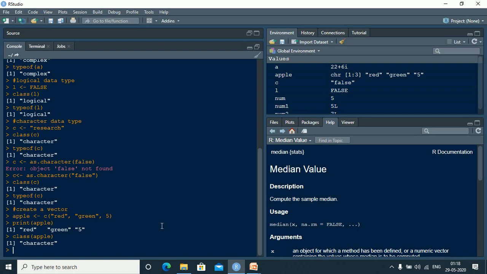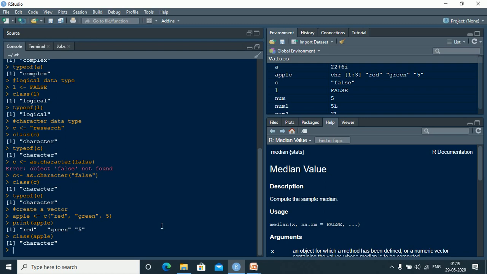So a vector will always store data of the same type only. It cannot store two different data types. This has certain rules, which we will of course cover in our next session. They are called coercion rules. So we'll be practicing it in our next session.